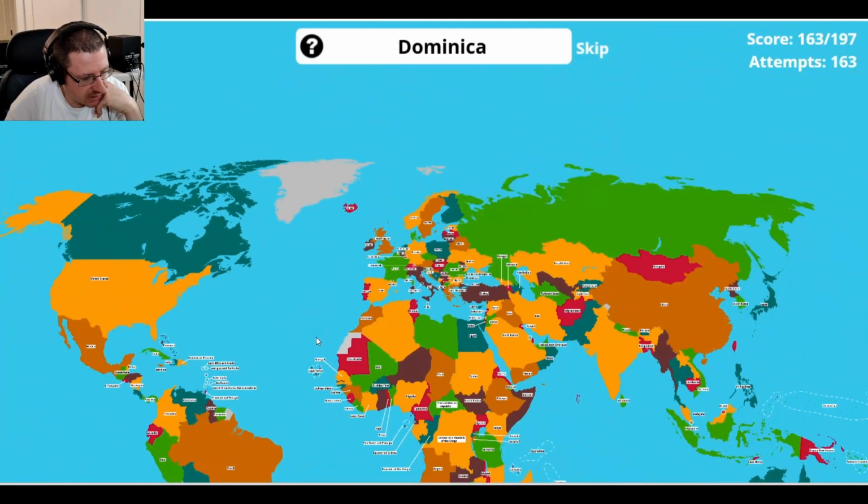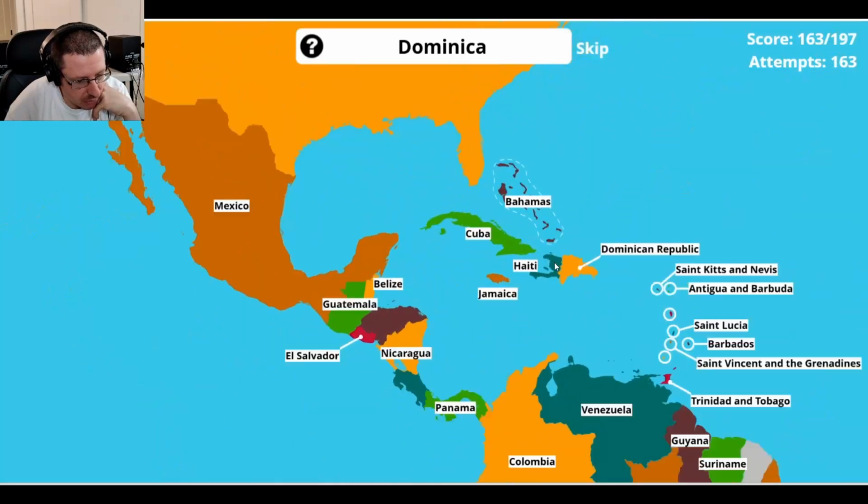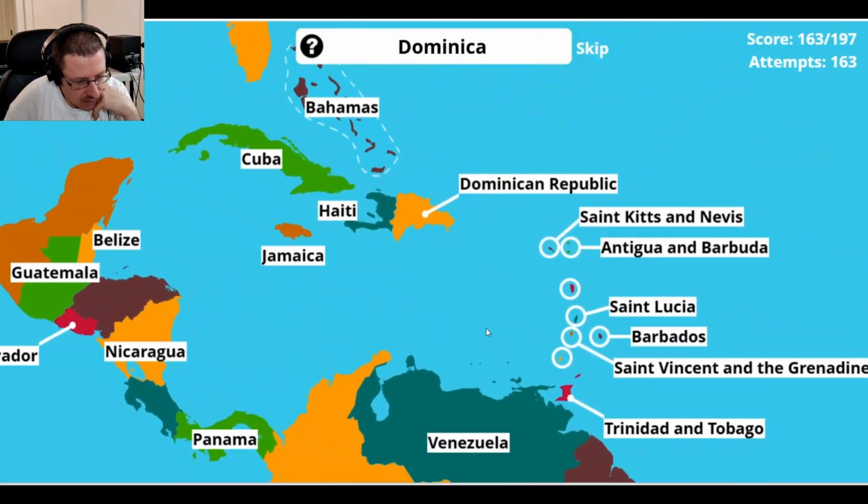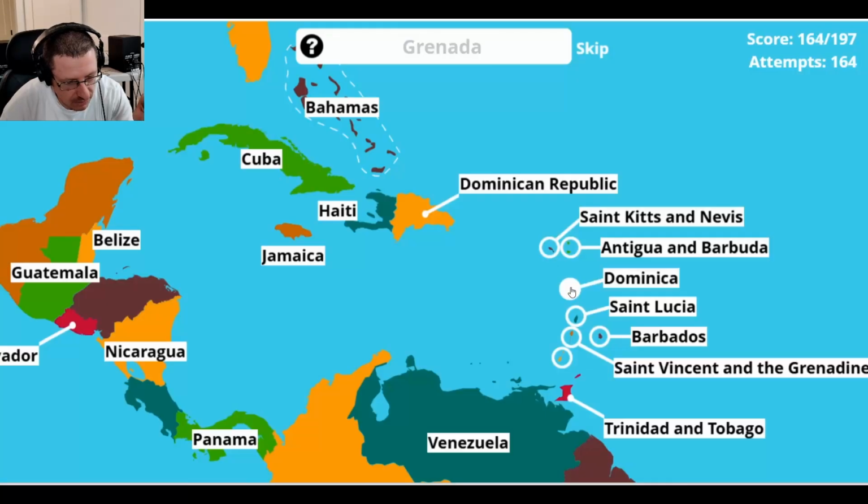Dominica. This can be a tough one because when you think Dominica, you think Dominican Republic, which is right here. I'm going to say Dominica is right here. There's much more countries here, but it looks like they're not being recognized. Dominica has to be here because I think of Dominica as the 5th one up, but in this it's only the 4th, but it has to be here. Okay. Yeah, because it's no other place in the world.